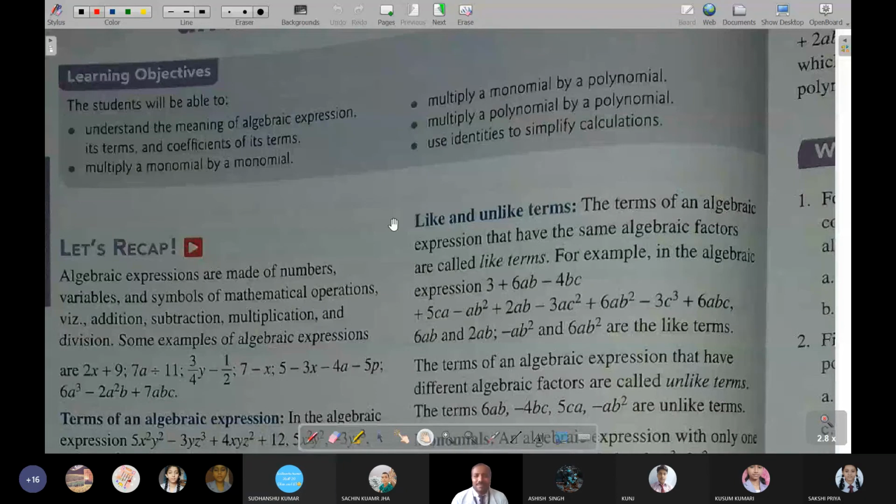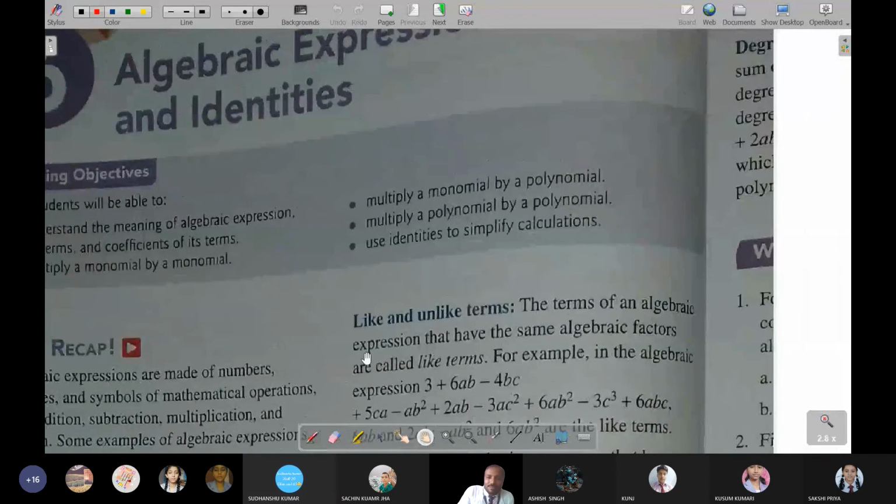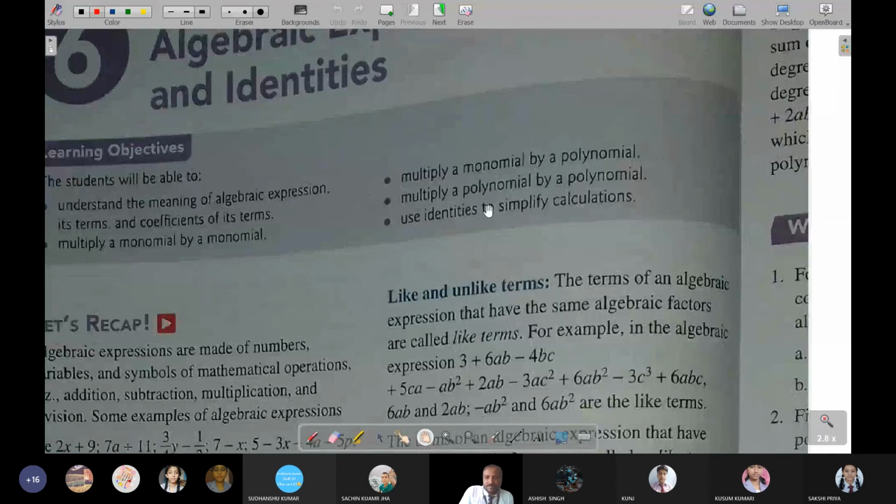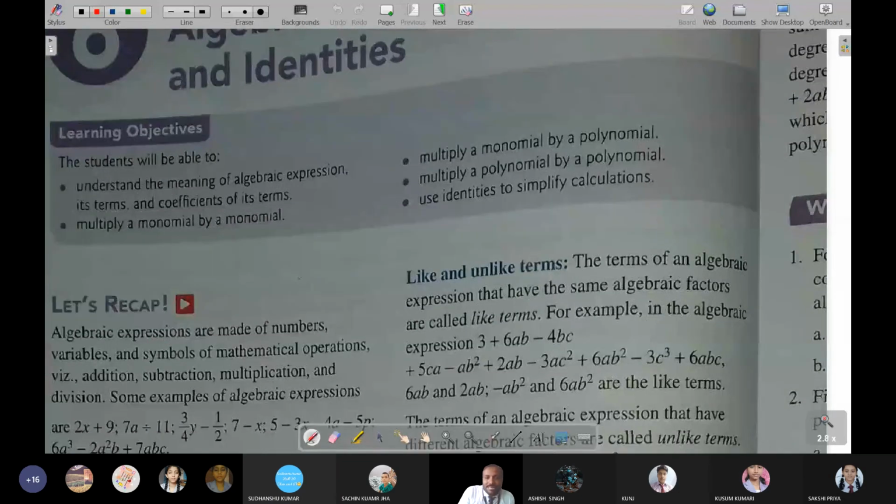Coefficient means any number except that. Suppose if it will be asked, 2x is y square, what is the coefficient of x? If it is asked, that means coefficient of x will become 2y square. Yes. How, sir? If it is asked coefficient, that means just simply you leave that, and then after whatever there is, that all will be written.